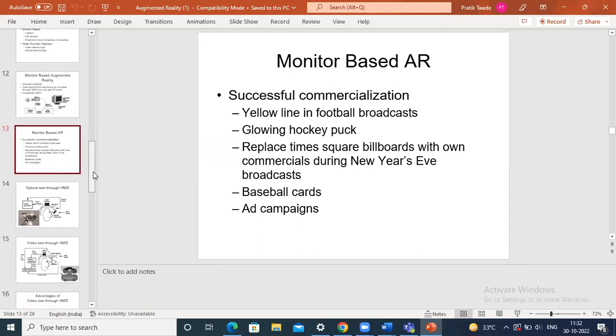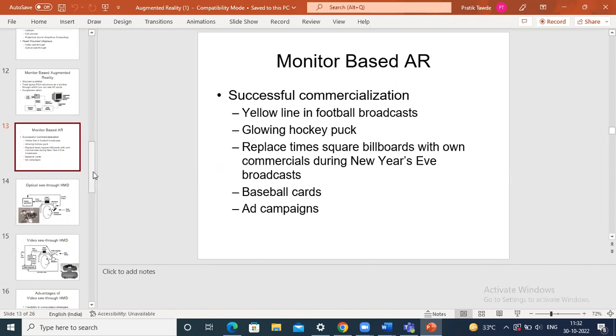Right now I'm giving you the introduction to AR and VR. Lastly, you will enjoy this particular session because you will get knowledge regarding the practicals, how exactly AR and VR work and how those practicals can be catchy for the students rather than performing physical practicals, how the students will get attracted towards those practicals using this particular technology, that is AR and VR. So that is all about monitor based AR.